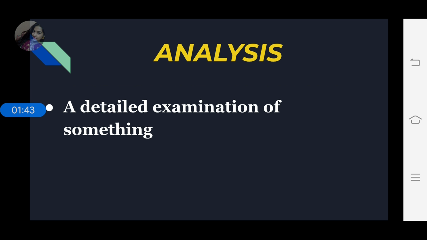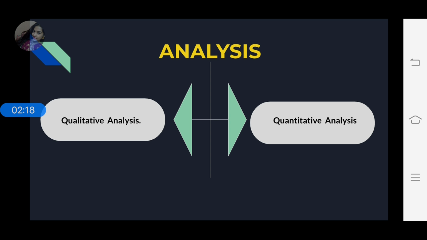So next is analysis. Since we are seeing the topic gravimetric analysis, this word analysis would be seen throughout your text. So let us see the meaning of term analysis. It is a detailed examination of something, or you can call as a thorough research about something. You're intensely finding some things about the given mixture. That is, you're detailedly examining your mixture or whatever you're given. That is the analysis. Okay, next.